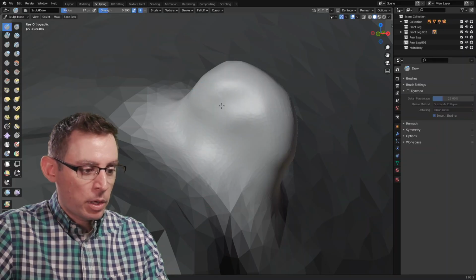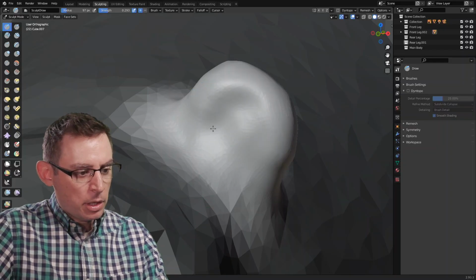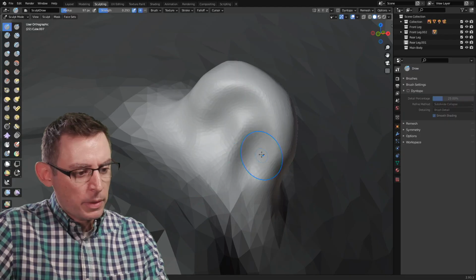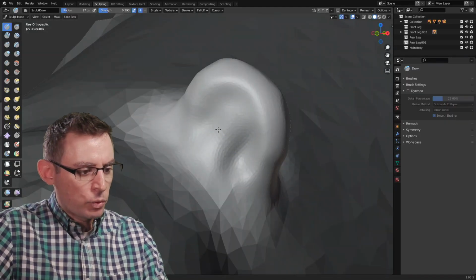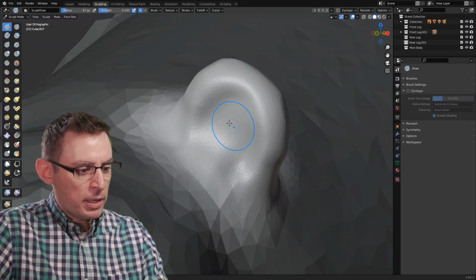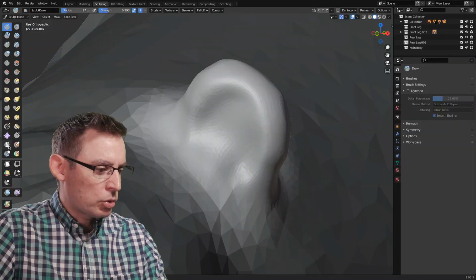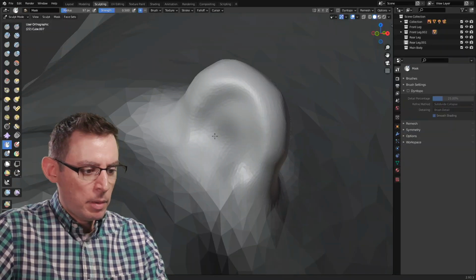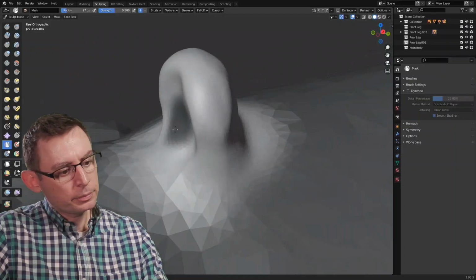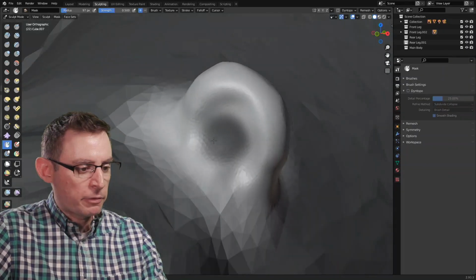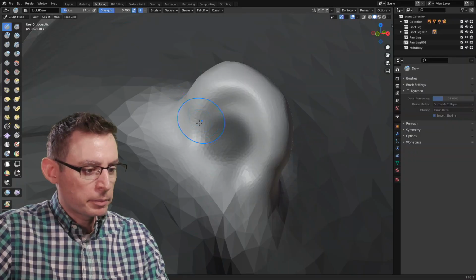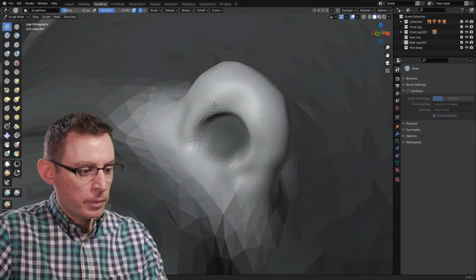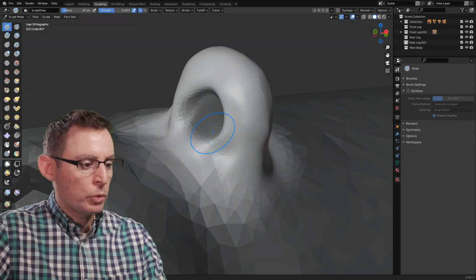Sometimes when you're working with masks, maybe you go in here and you're starting to work on the ear a little bit, and you're real happy with the shape that you made on the inside, and you don't want the inside to get messed up at all. Well, just grab your masks, right? Maybe you want this in here to not be influenced by any further operation. Well, with it masked off, let me make the strength of my brush a little bigger. Now I can go in and start making some really cool shapes.